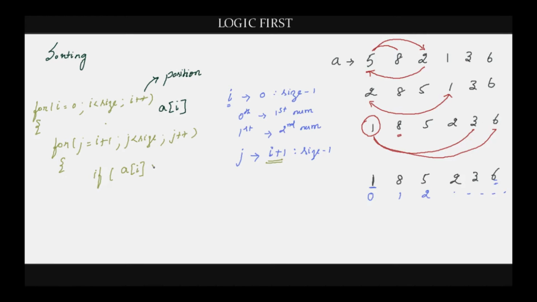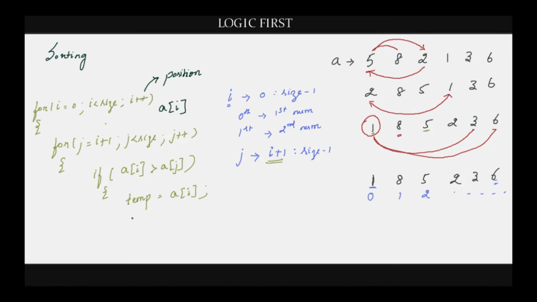If A of I is greater than A of j, the number in the position that we have selected is greater than the subsequent number, which is incorrect because we want to bring the small number to the front. So we have to make a swap here. Let's just use a temporary variable